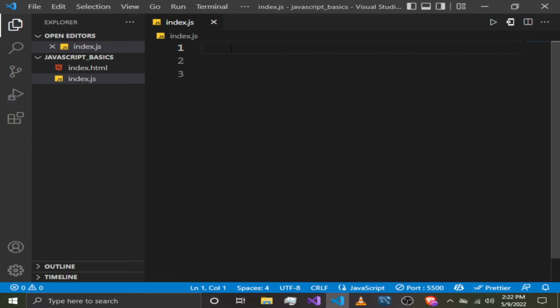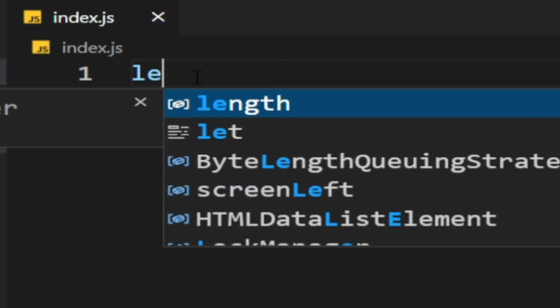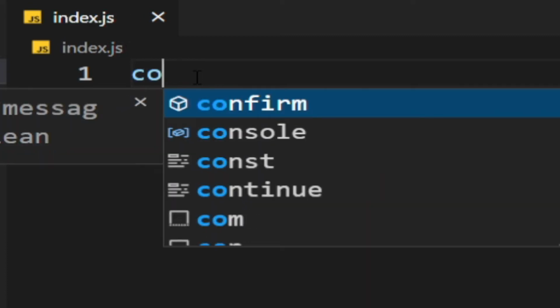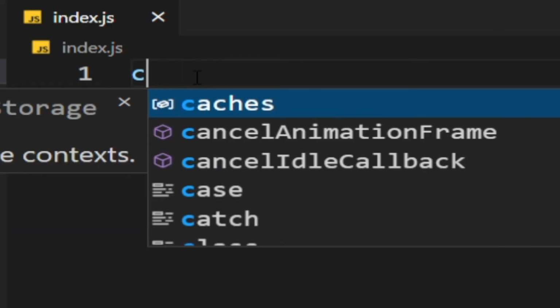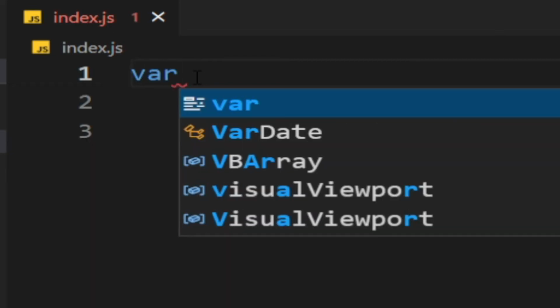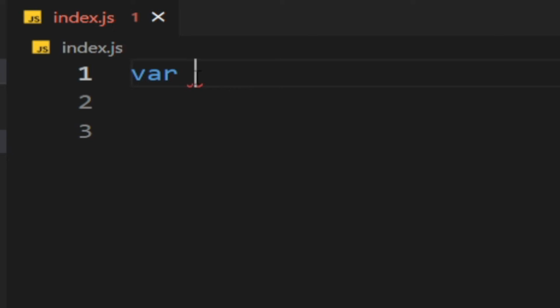You can use the let keyword, you can use the var keyword, and then you can use the const keyword of declaring a variable. Let's start from the var. You type var. The var is a keyword in JavaScript that tells JavaScript that we are declaring a variable. What is a variable? A variable is just a container that we will use to store data and manipulate data